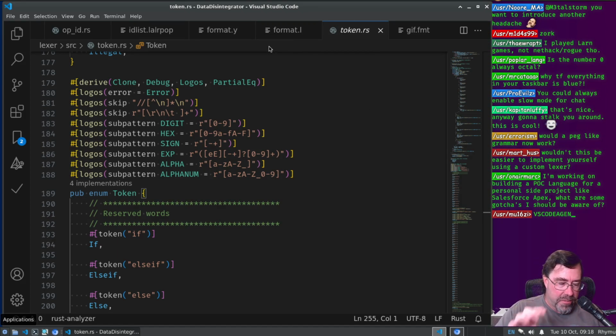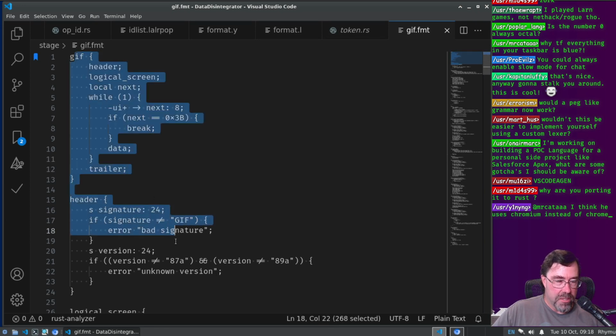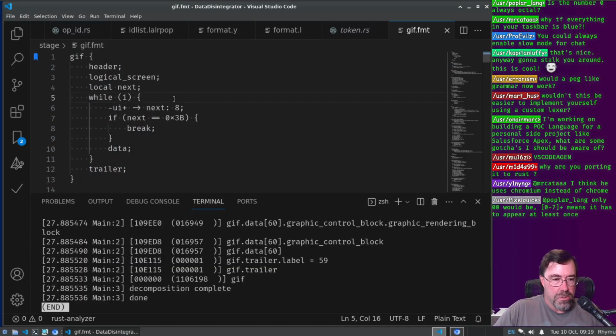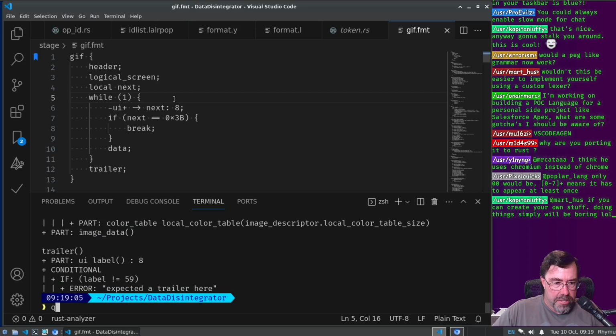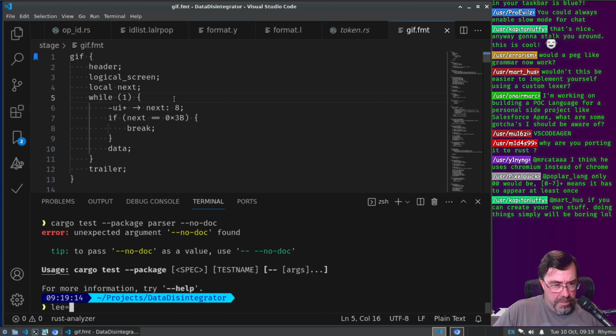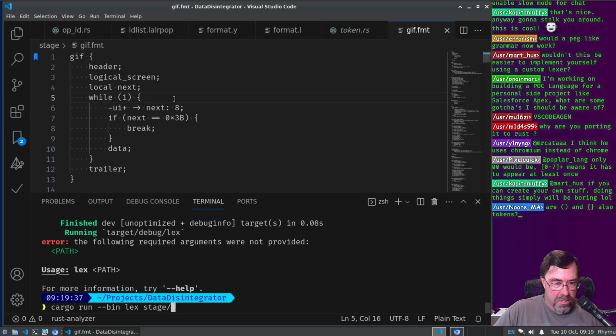Anyway, the next stage after a Lexer, if you want to take this and actually do what I did with it, is you get a token stream out of this, right? Actually, I can just show you that. Let's look at the token stream. I want to run lex, actually. Not less. It's target. Oh, have we not run this? I might have to do cargo run, and then a project lex, or is it bin lex? Yeah, and then the path, which is stage